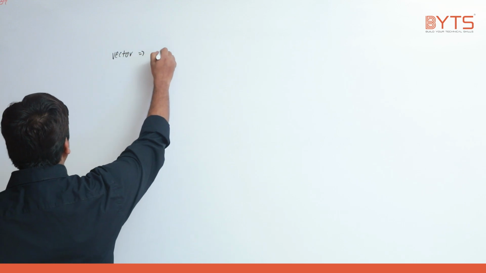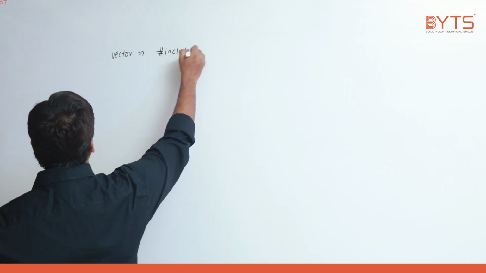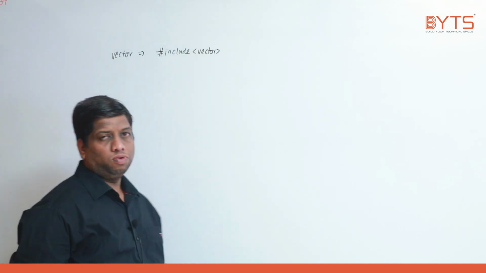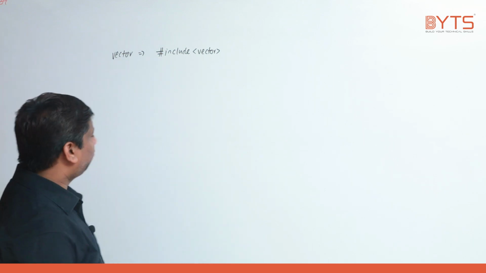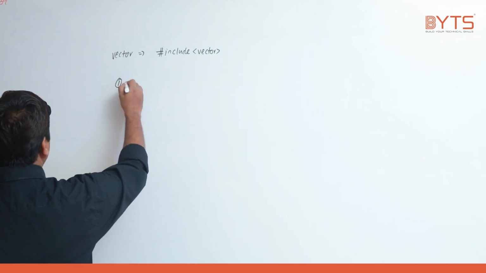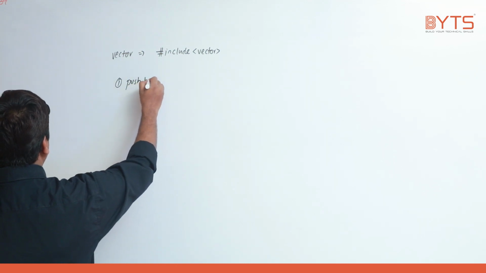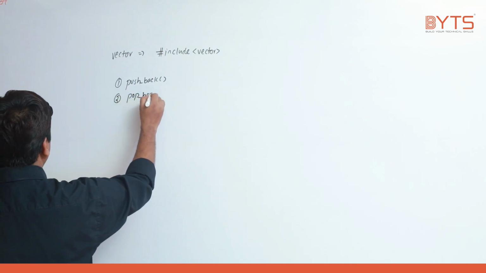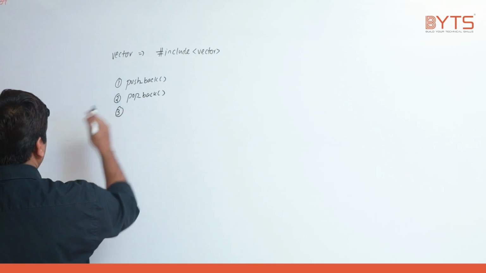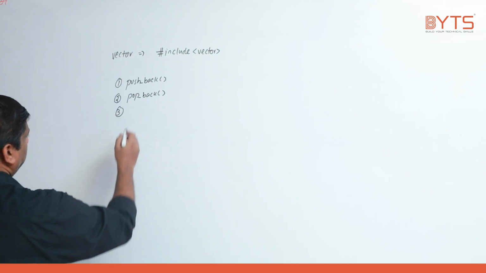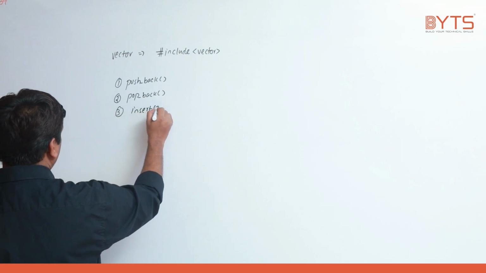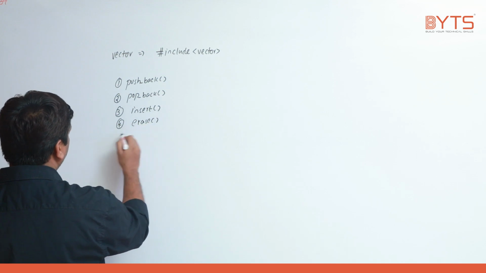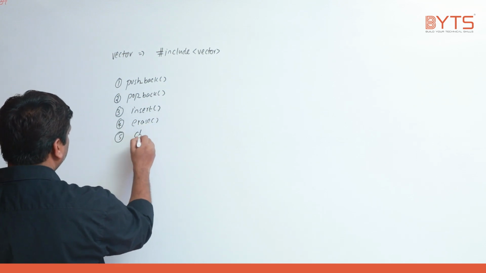To work with vector, what header file do you need to include? #include <vector>. This is a header file. Now we'll see what are all the functions available in vector. The first function available is push_back. Second function pop_back. Next we have insert. Next we have erase. Next we have clear,